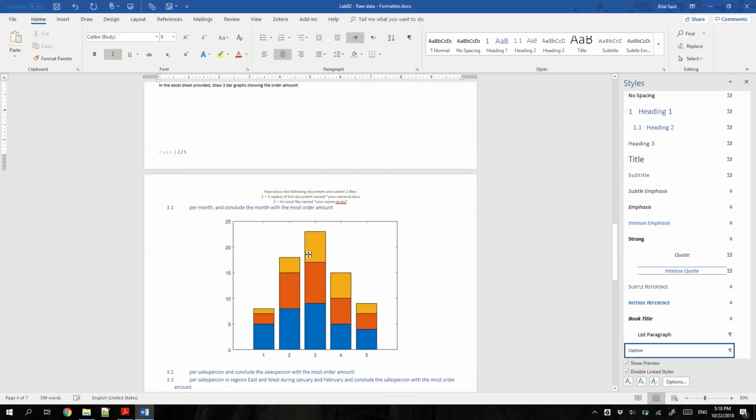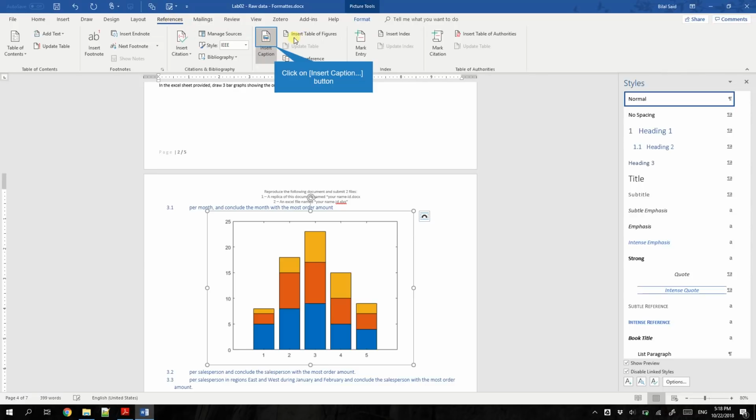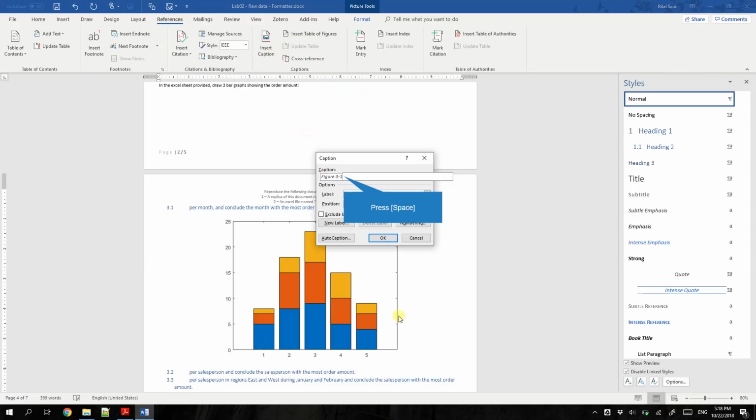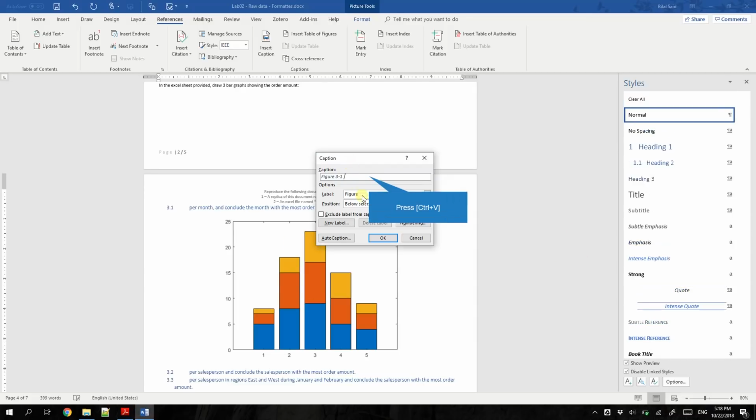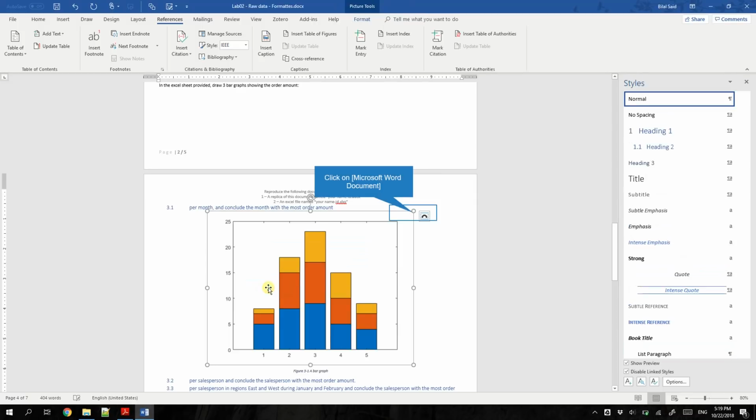I'm going to add a caption for the other figure using the other method, which is References, Insert Caption. I now have figure number 1 from section number 3, and I can give it the desired title like what's typed here, a bar graph. I can insert it there, validate it with OK, and I have a nice label. Of course, the image